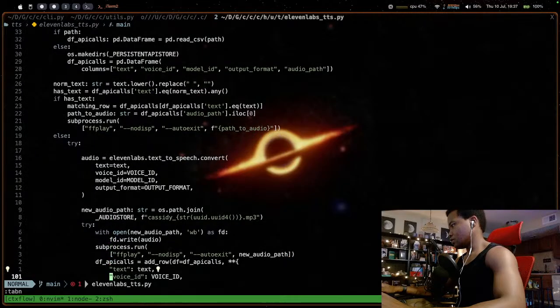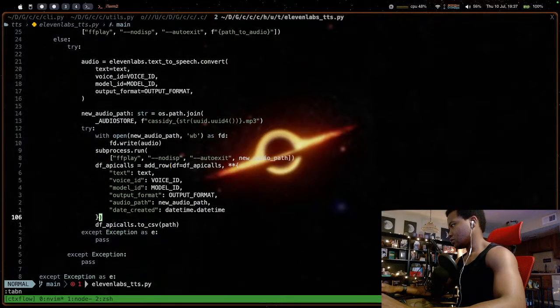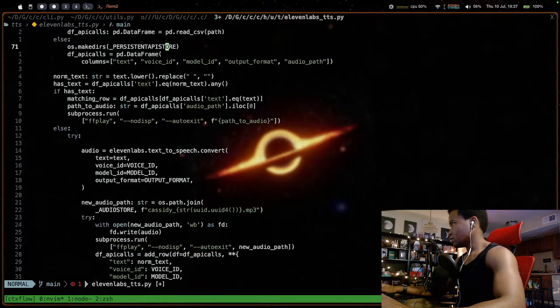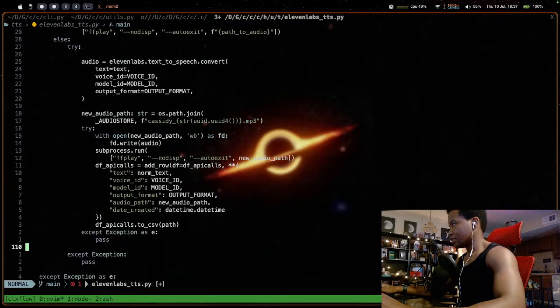Text to speech. So we have text, voice ID. Oh wait, I know. Yep, I'm glad I caught that. I want norm text. You don't actually want regular text. That would have been huge. No, we actually want norm text. Make sure that that's normalized, and then voice ID, mono ID, output audio path, and